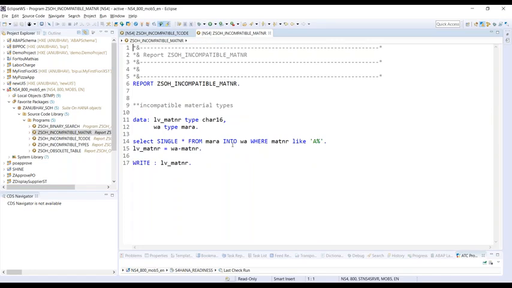And now you can see, somebody has done bad programming. They have selected a material number field, MATNR, and they are assigning it to a local variable MATNR, but they have hard coded the type as CHAR 16 or CHAR 18, which was there in the ERP, ECC system. Is this a good way of programming? Is this a good way of creating variables in your ABAP report? If you are selecting material number, not at all. You should refer to data elements and domains. But yet somebody can do that.